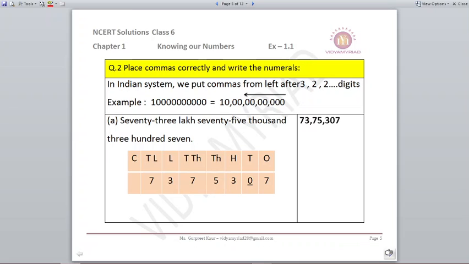73,75,307. So I made a place value table over here. It starts with 73 lakhs. That means from the 10 lakh, then lakh, then 10,000, 1,000, 100, 10, 1. You know how to write this already. So we will just put the digits accordingly, and we will find that under the tens place I have written 0 with an underline. That means there is no digit over there. At the end it is 307. So how to write 307? 3 will come at the 100 place, 7 will come at the ones place. In between nothing is there, so I will put 0. So what is my answer?